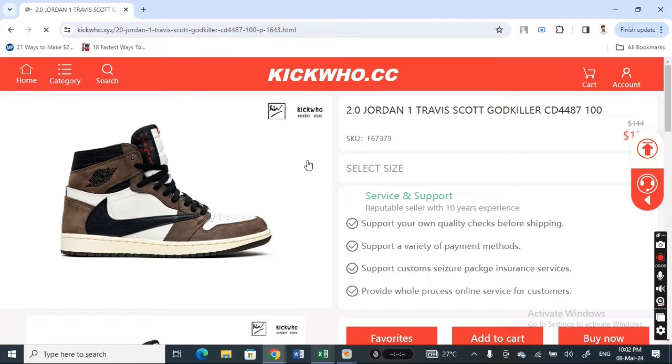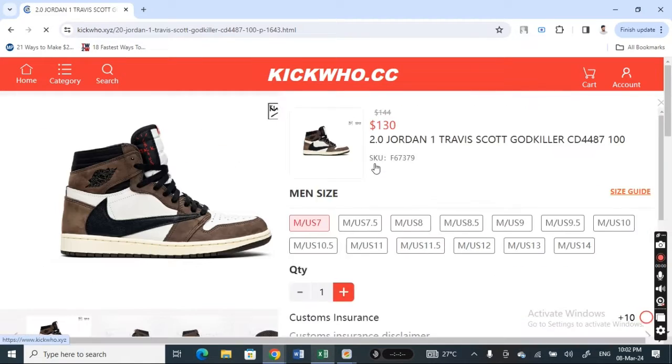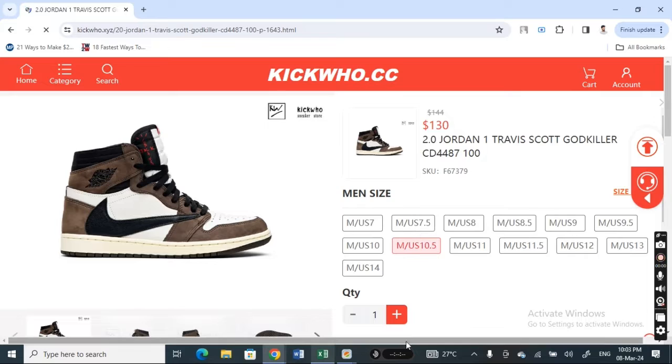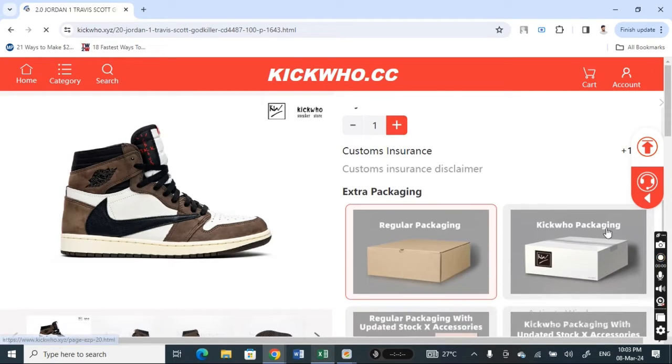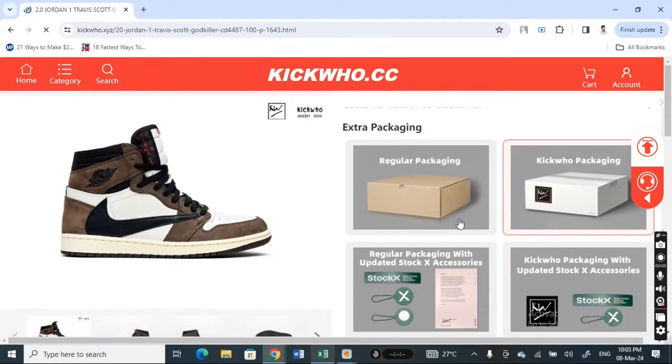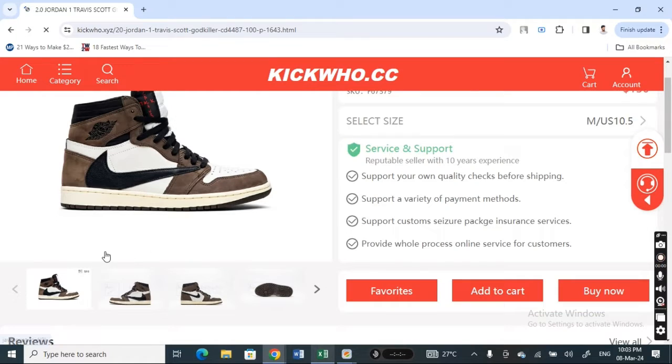So just click on it, and then you just need to select the size because it's a shoe, so I'm just going to select the size. And then once that's done, then the packaging stuff, all those details. Okay, so I'm going to just add it to my cart. So just hit on add to cart, and then once you've added it to your cart, so now what you're